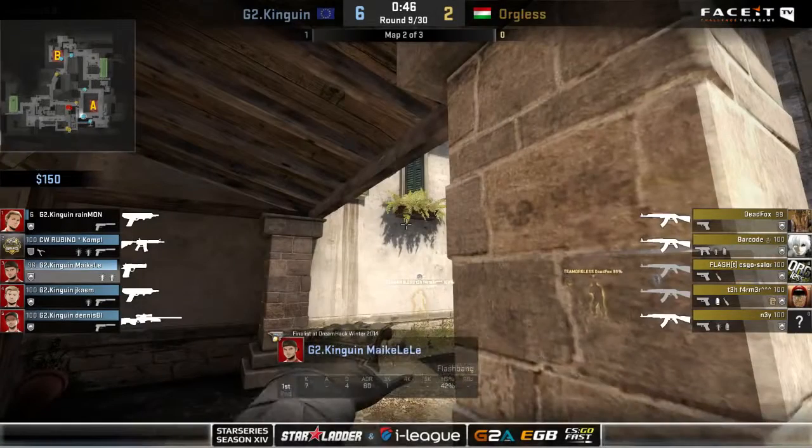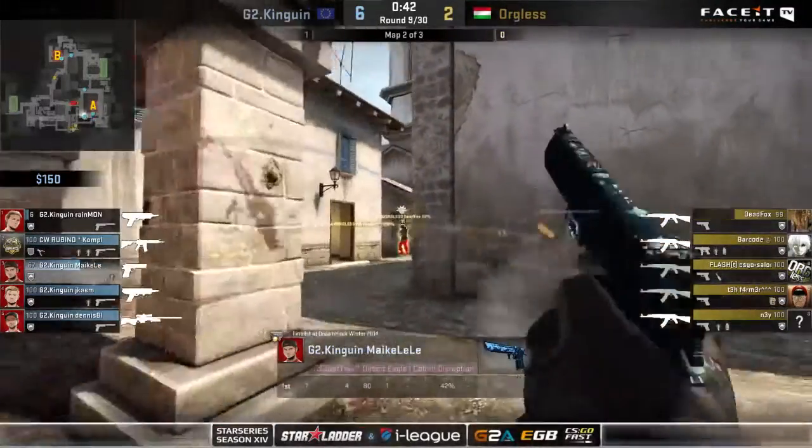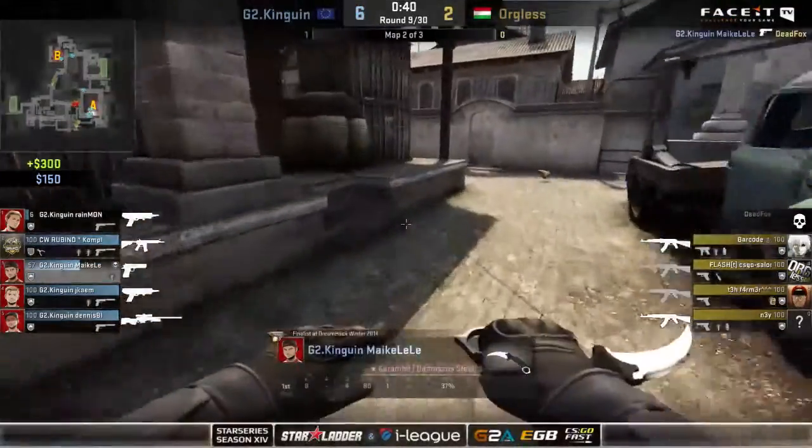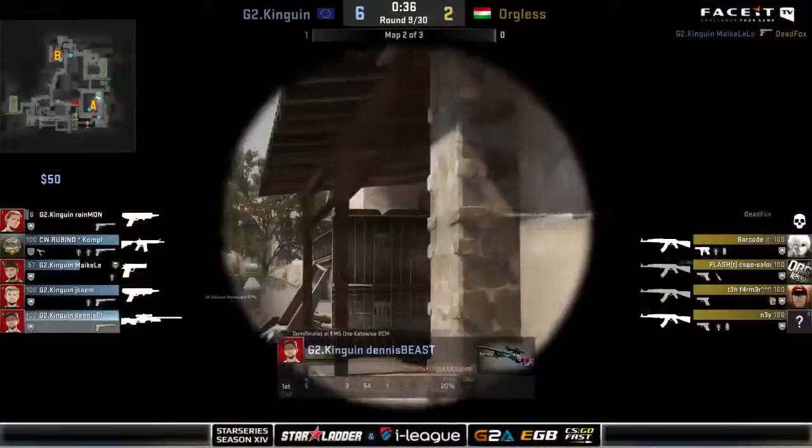And finally going to make the wise decision to back off though. At this point as well here. See if he can pick some shots from the corner. He's going to be able to find one on a dead Fox. Now falls back here. As the rest of G2 getting into their positions, getting ready for a push to come